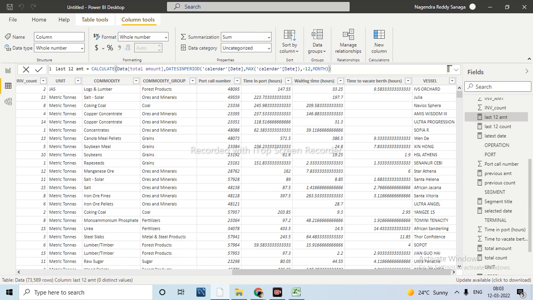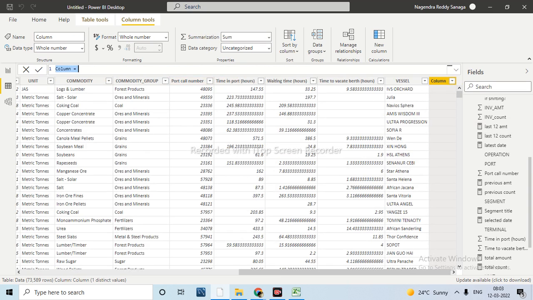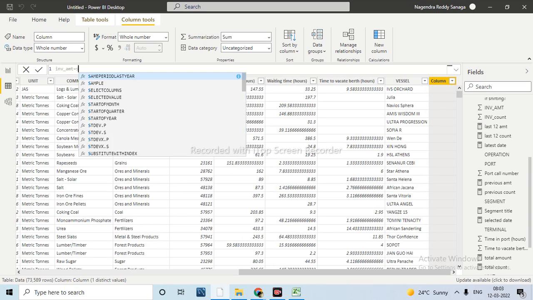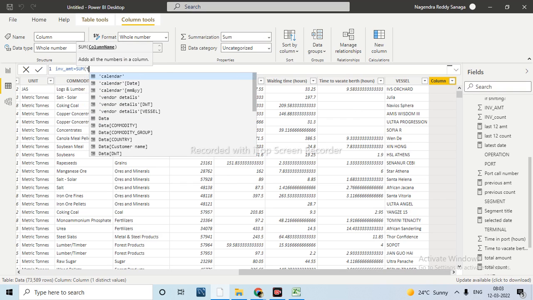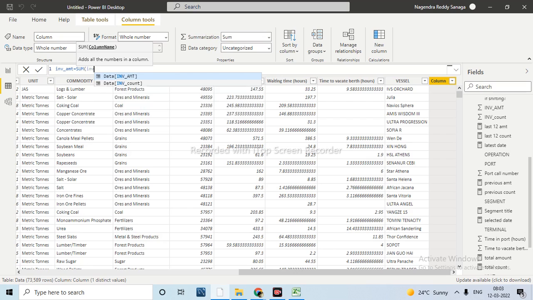I think this will not work. It will just take the sum only. I am just taking the invoice amount. We have taken the measure rate. Just let me take the same thing, just the total amount. Let me rename it, otherwise it will not work. I am just taking it as one.